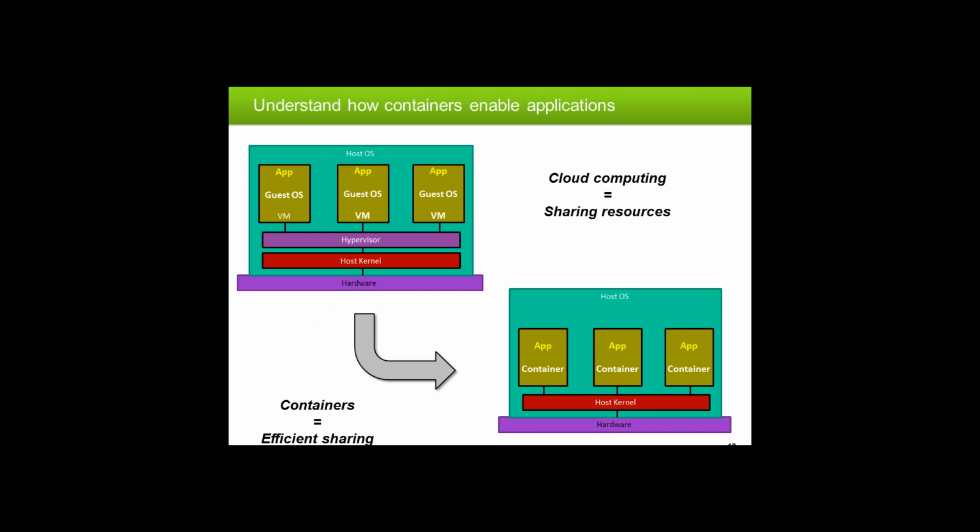So that means that containers are more efficient at sharing the hardware. They're lighter weight, they contain less code, they take less time to start, they take less time to stop because there's less to do. And this has been taken advantage of by many of the PaaS platforms such as Cloud Foundry and Heroku and so on, to make it faster to start applications and indeed stop them, and also to have more instances of an application running on a given system. So pack things in, get more out of the hardware.